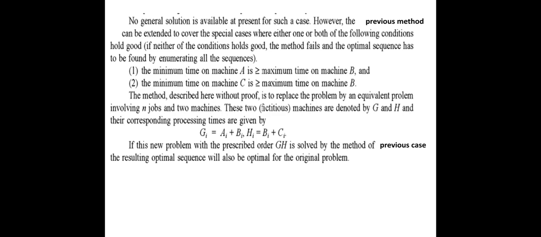The minimum time on machine A must be greater than or equal to the maximum time on machine B, or the minimum time on machine C must be greater than or equal to the maximum time on machine B. Either of these two conditions must be satisfied to solve this problem using the case of n jobs on 2 machines. If any one of these conditions is satisfied,